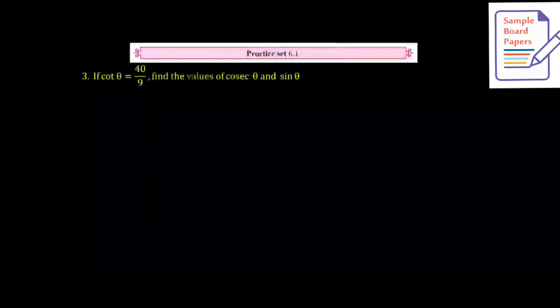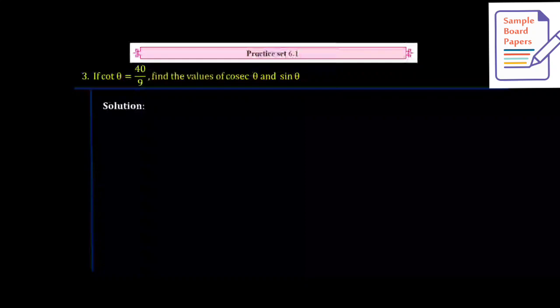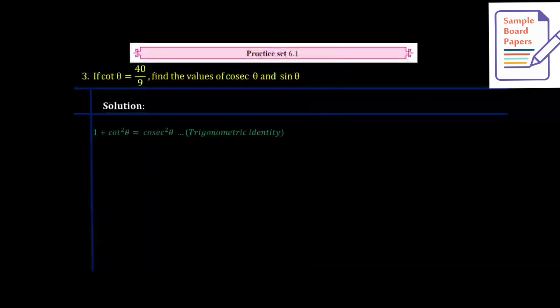Same way, question number 3 also, as you have seen first and second questions, third also you will solve the same way. Here cot theta is 40 by 9, find the values of cosec and sine. So the third trigonometric identity we will use here, 1 plus cot square theta is equal to cosec square theta, because cot is given, so we will use 1 plus cot square theta equals cosec square theta. Next,